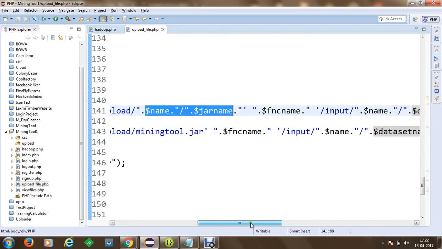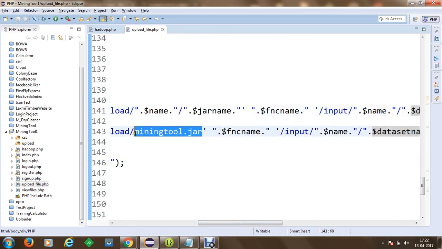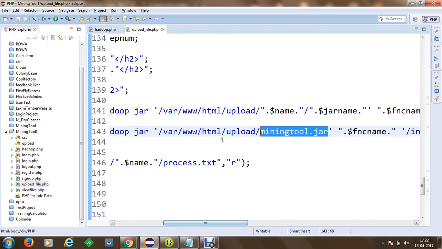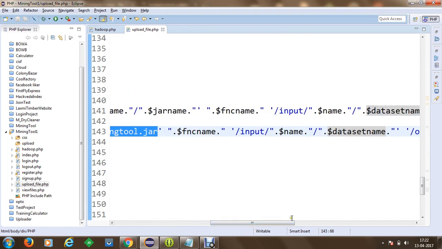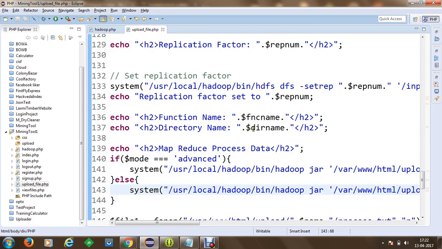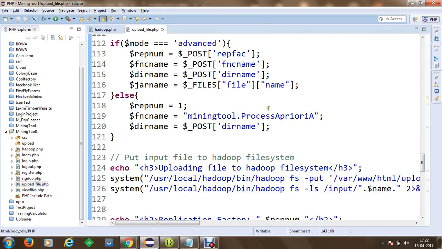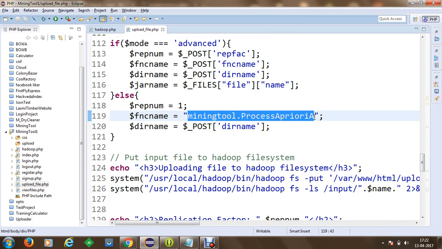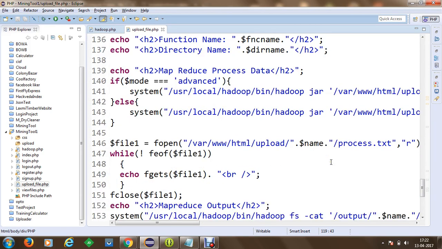Otherwise, if we are in intelligent mode, automatically we will be using this MiningTool.jar code which has been uploaded into this upload directory, and we are going to take the function name from the user, and this function name is a default function name which is MiningTool.ProcessApriori, a class which has been predefined, and this is the name of the class which has been defined here.